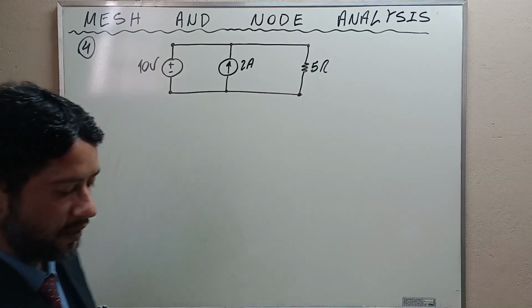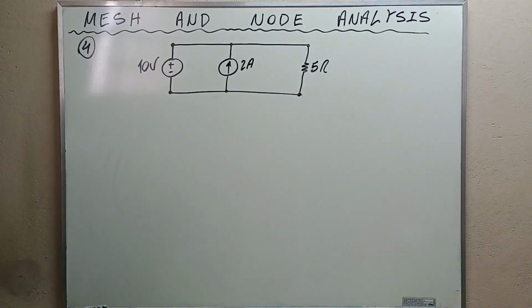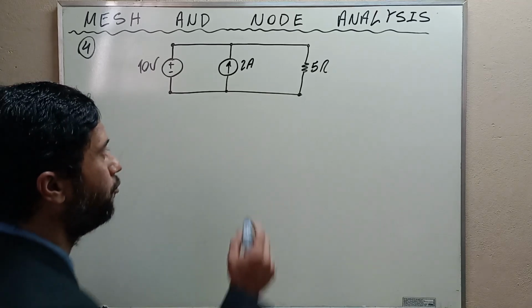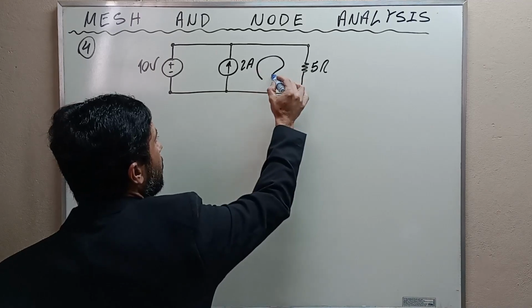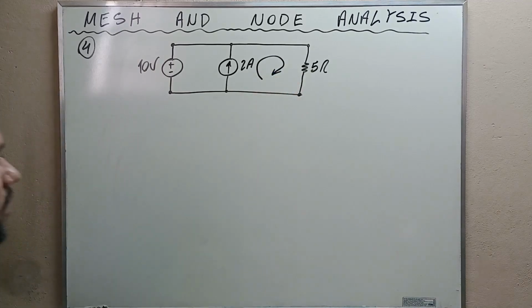Exercise number 4. Determine the power delivered by each of the sources and absorbed by the resistor. Okay, my friends, this is the exercise. Let's go to the solution. And to solve this exercise, it is paramount that we observe that the current of the current source must flow somewhere. And it turns out that it is going to flow through the resistor. Okay, the current of the current source is going to flow through the resistor, and it is going to cause